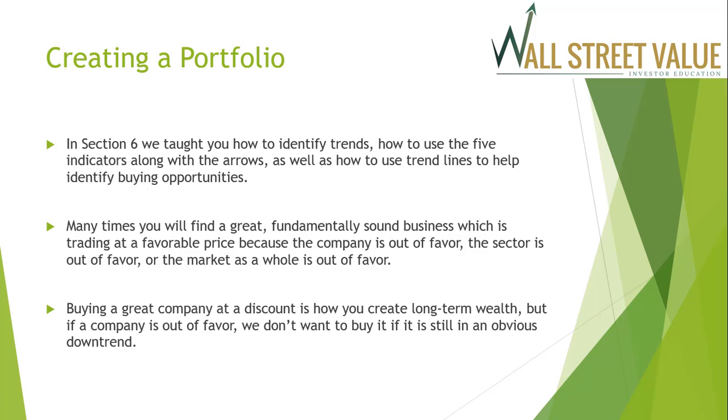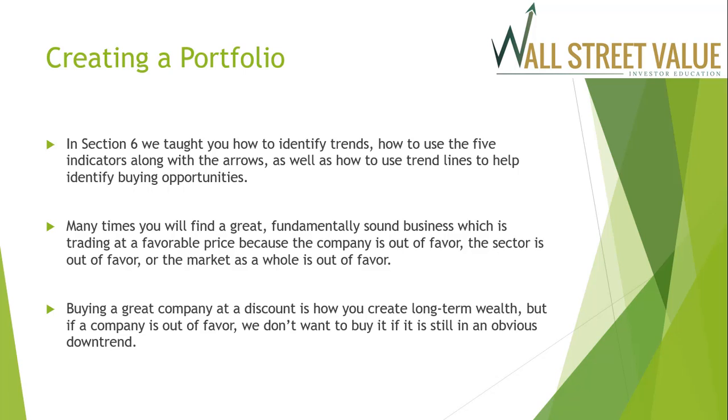In section 6, we taught you how to identify trends, how to use the 5 indicators along with the arrows, as well as how to use trend lines to help identify buying opportunities. Many times you're going to find a great fundamentally sound business which is trading at a favorable price because the company's out of favor, the sector's out of favor, or the market as a whole is out of favor. Buying a great company at a discount is how you create long-term wealth,